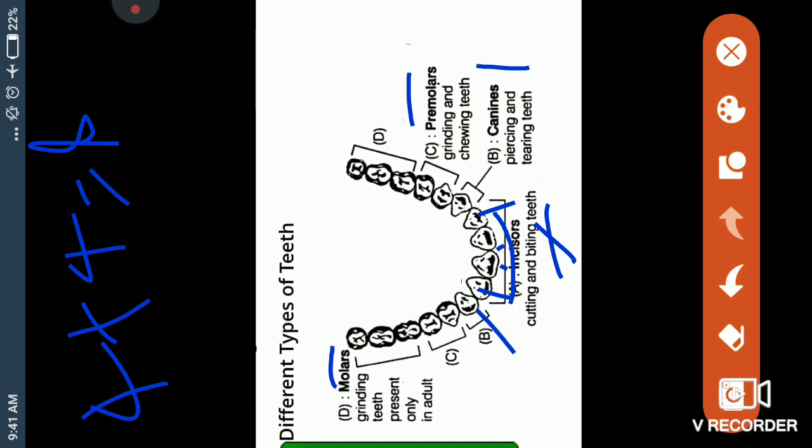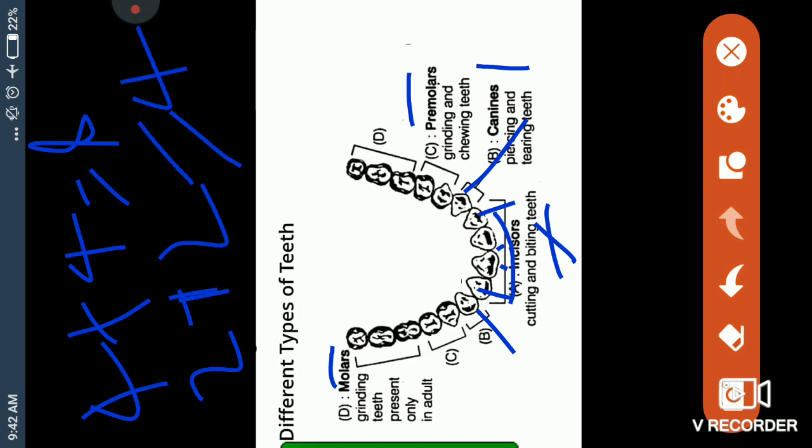So these work for cutting and biting. Next to them, on both sides, left and right, there is one sharp pointed tooth. In carnivorous animals like lion and tiger, they have long pointed canines. We also have them, not so very long, but pointed. There are two in the lower jaw and two in the upper jaw, so 2 plus 2 equals 4. They pierce and tear the food, means they फाड़ते और चीरते हैं इस फूड को. Like when we eat sugar cane, they tear off the stem.